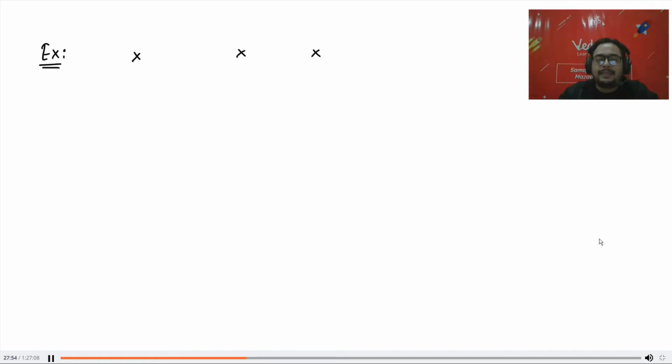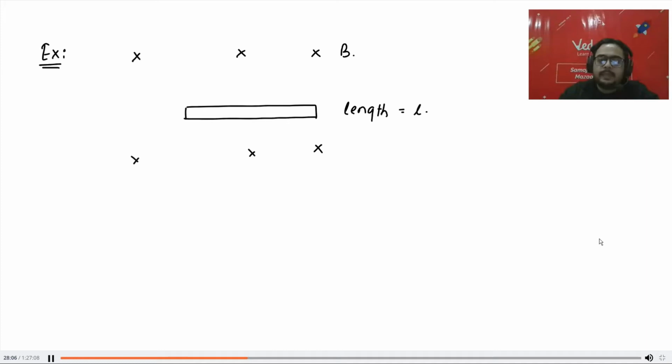Let me take this example. Let me say the magnetic field is inside still and the value is B. I have a rod of length L. Length of the rod, it is L. And this is point P and this is your point Q. Let me say the velocity of the rod is something like this and this angle is 30 degrees. Now I want to know the potential difference between P and Q.